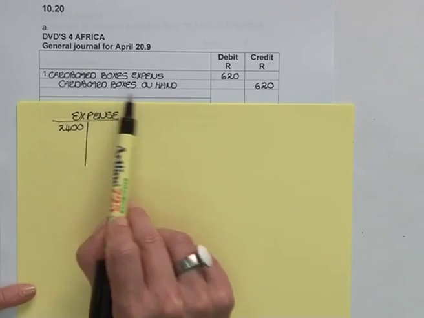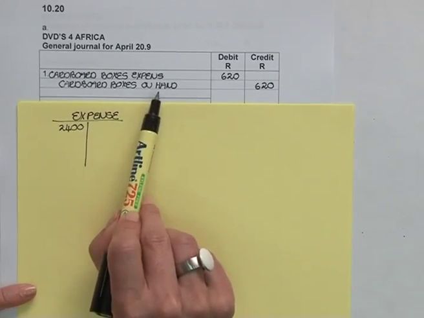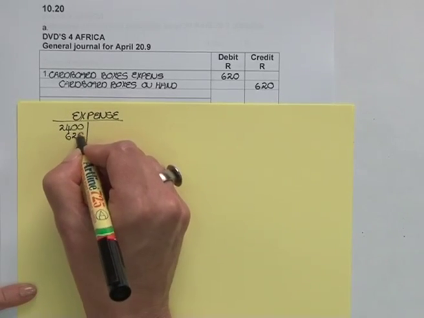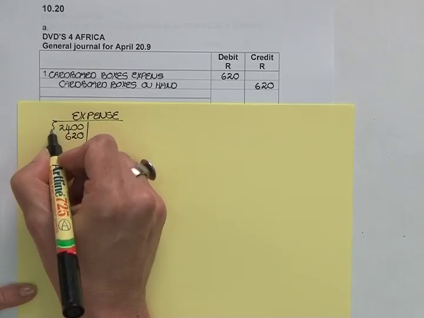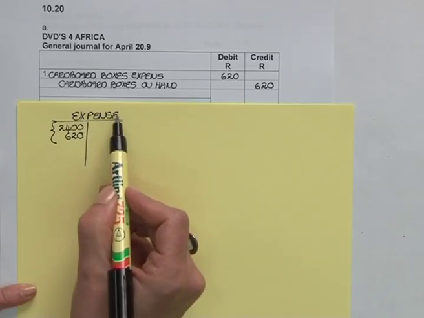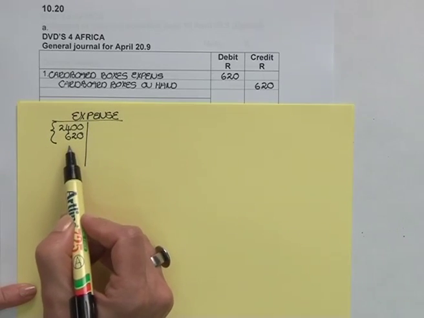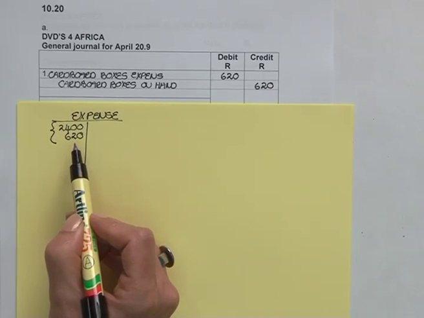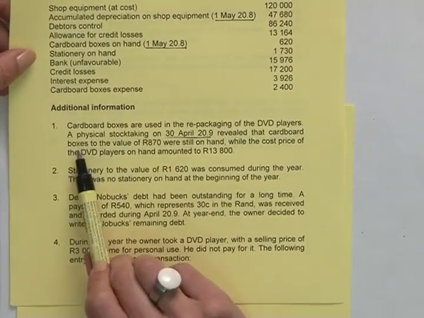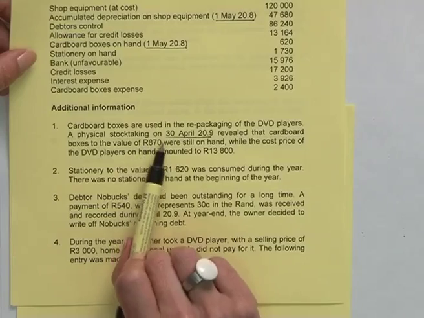We just moved the cardboard boxes on hand at the start of the year also to the expense account. So at this point, we are actually saying our cardboard boxes consumed, because that's the expense account, adds up to 3,020. Now they performed a physical stock take, and they say the cardboard boxes to the value of 870 Rand